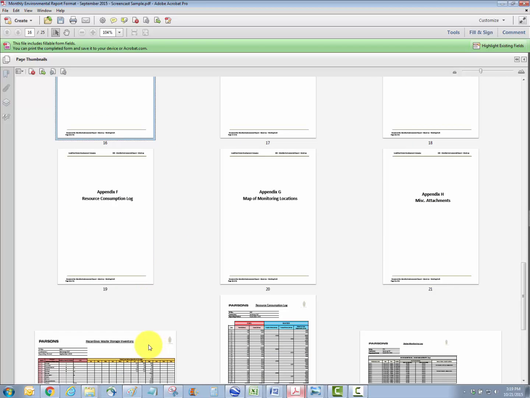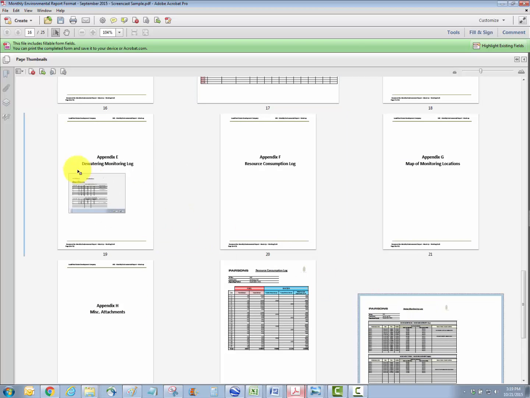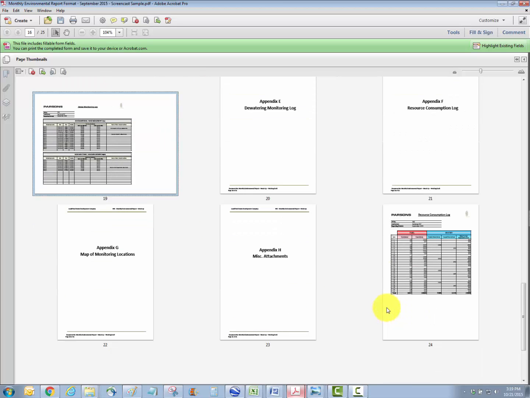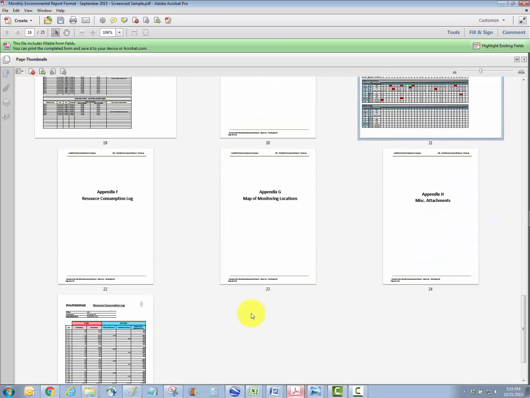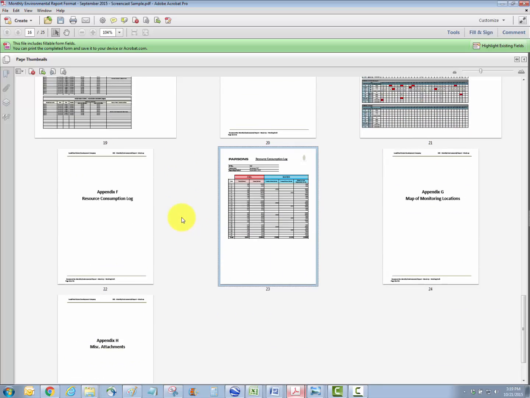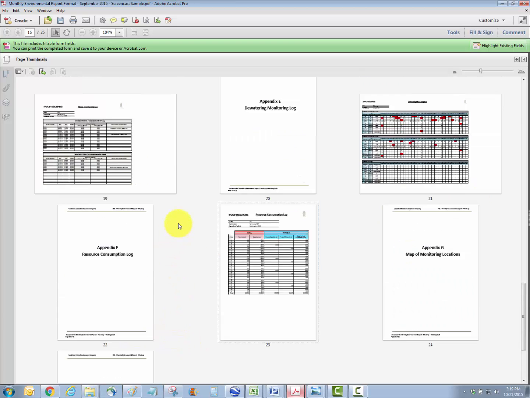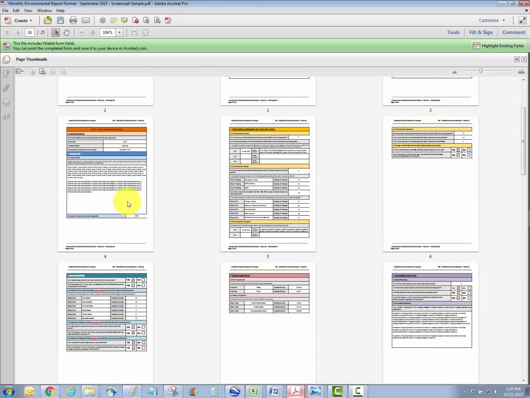Similarly, we'll do the same with the hazardous waste storage inventory and with the noise monitoring data, the dewatering monitoring data, and the resource consumption. And just continue that. You can also attach the map of the noise monitoring locations, and the miscellaneous attachments. So what we have here now is our report